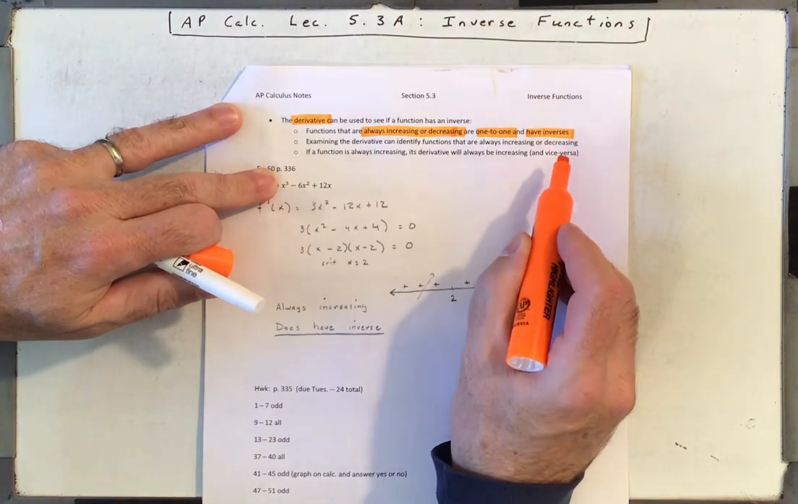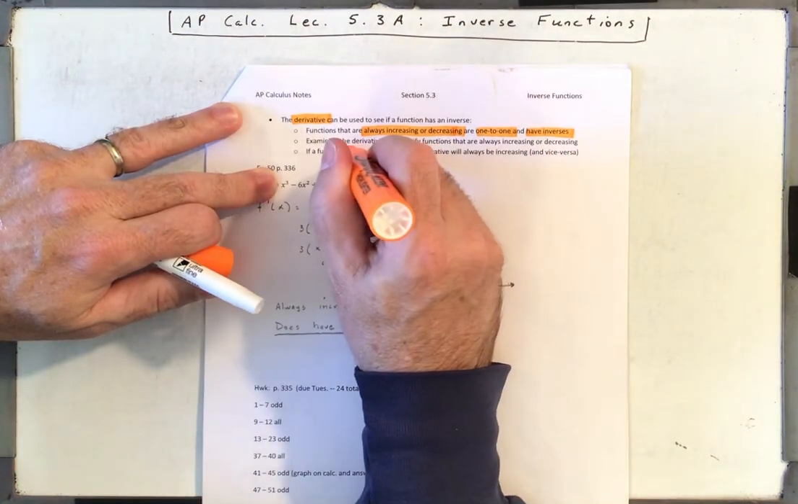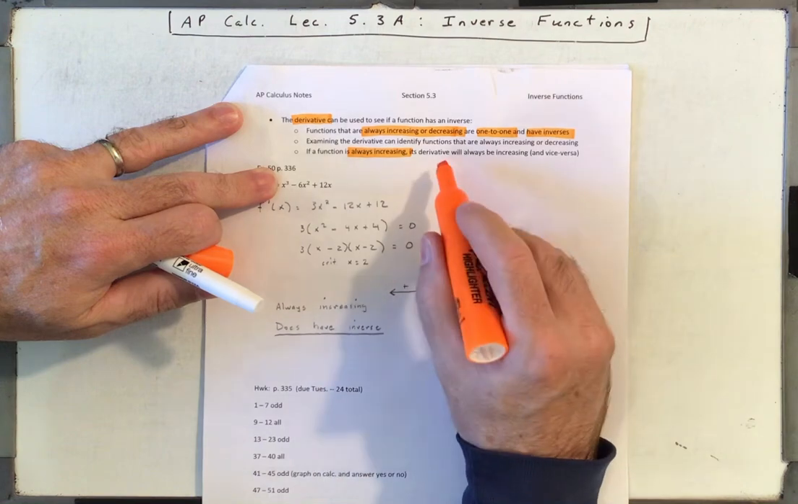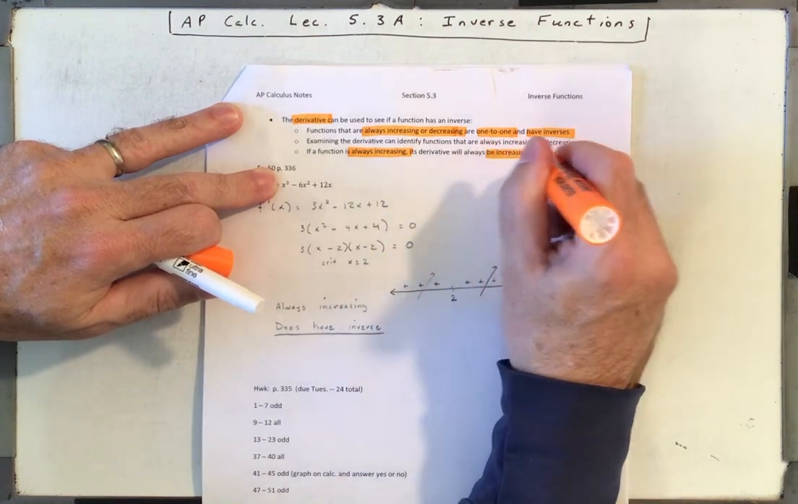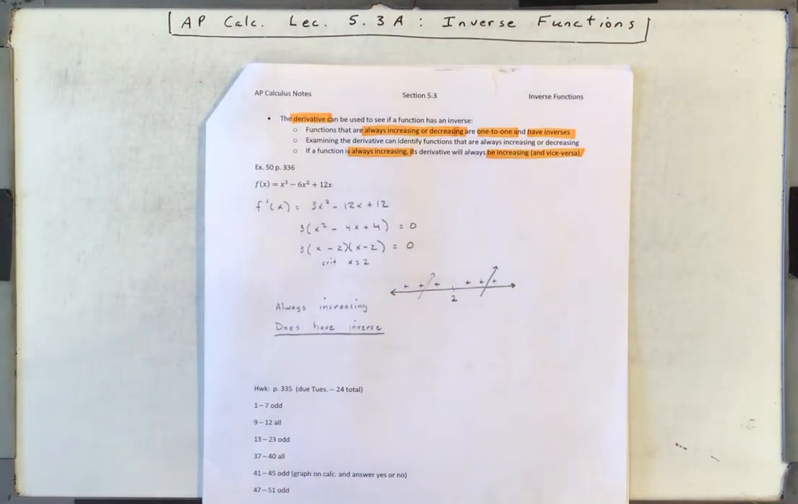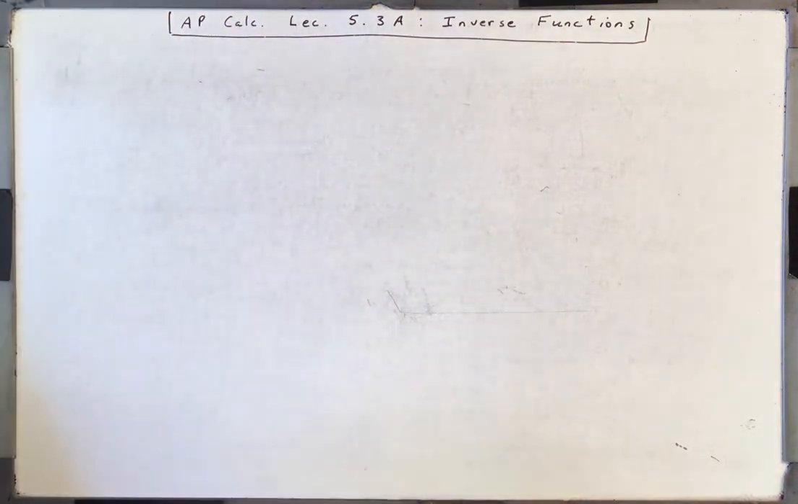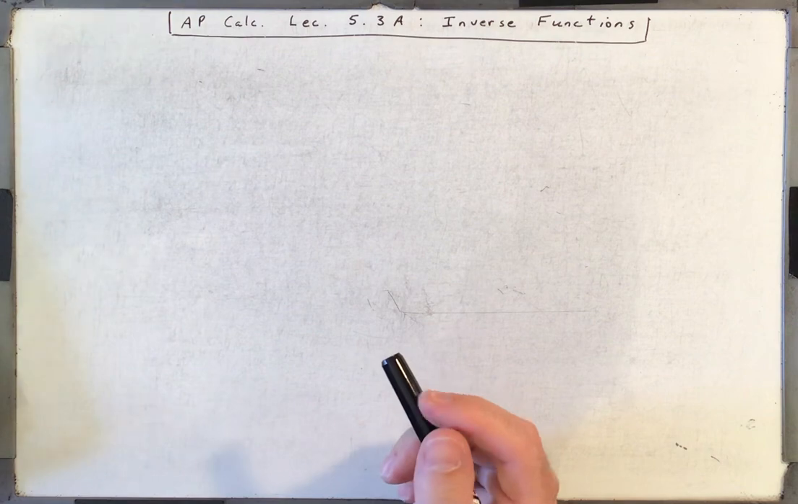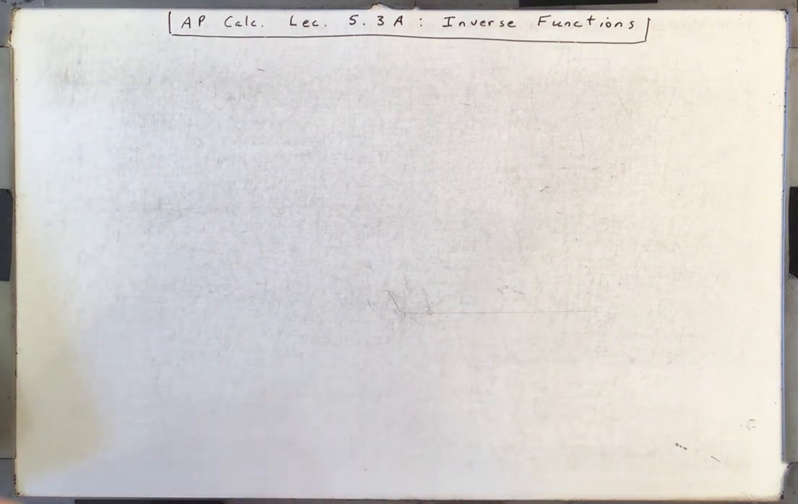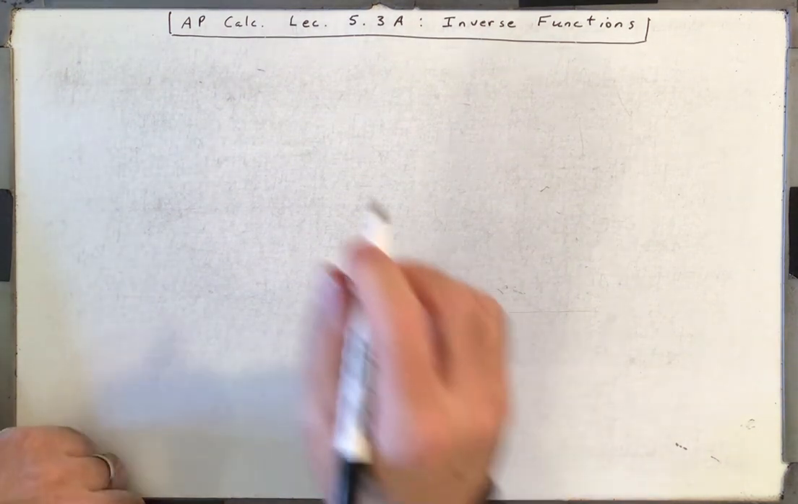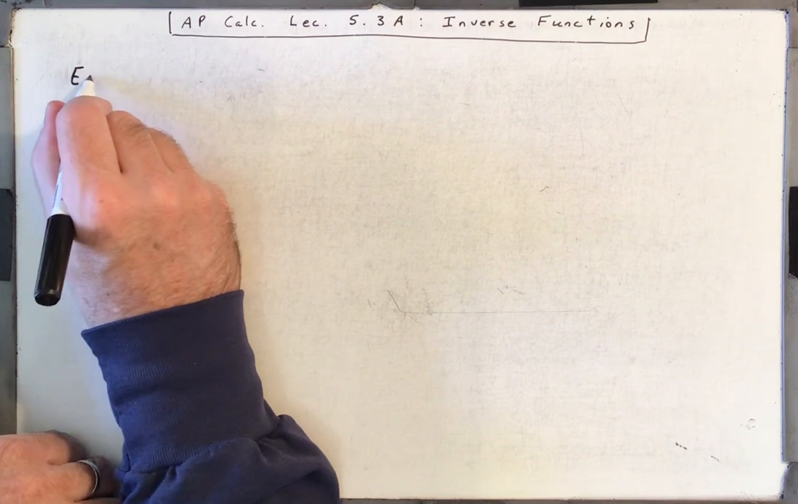We're just going to do a sign line. If a function is always increasing, its derivative will always be positive, and vice versa. All right, so we're just going to do a sign line, and if it's always increasing or always decreasing, then you know it has an inverse because it passes the horizontal line test. So let's do example 50